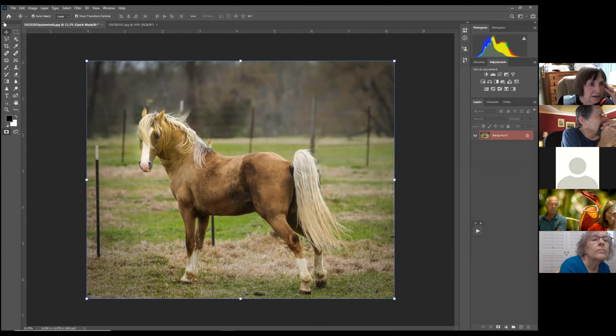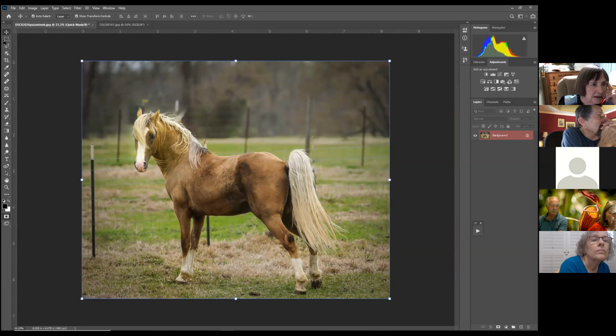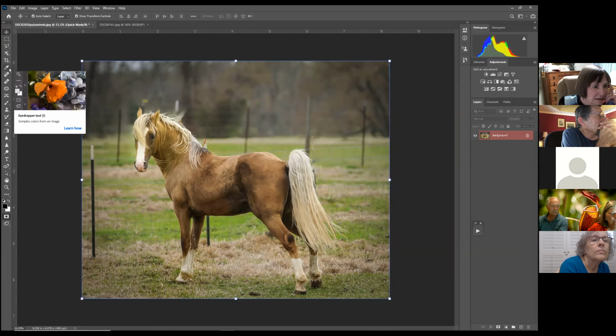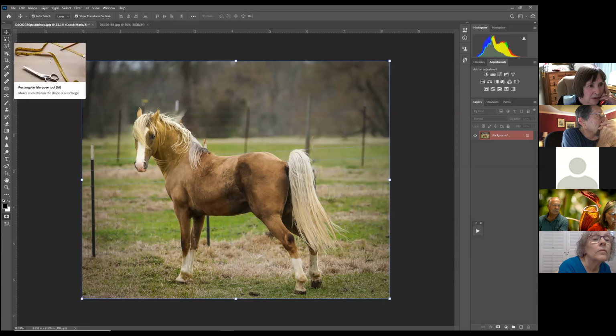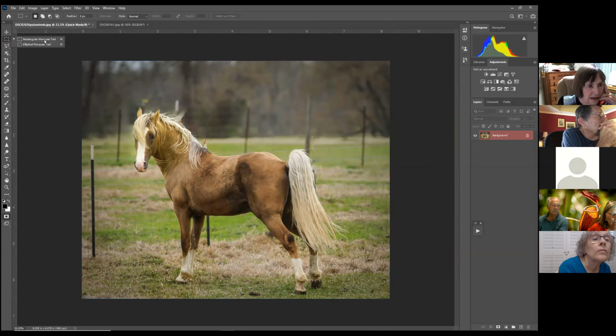And then another thing is that you'll notice that a lot of these tools have little tiny triangles in the corner. That means there are other tools hidden underneath them. And the easiest way is to either click on that little diamond, or you can right click and it'll show you what's hidden for you to choose. Okay. So this first